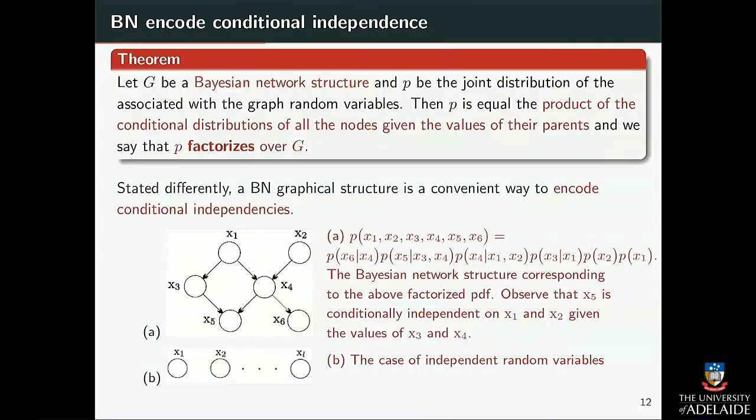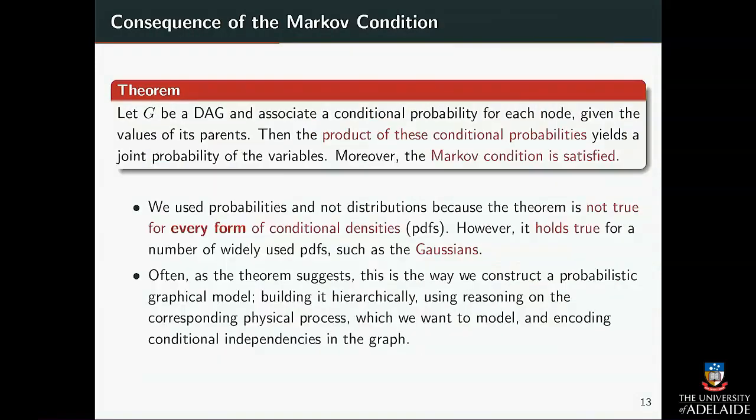Independent, right? So if you have no edges, they are independent. So if you have graphs that are separate, that means those things have nothing to do with each other. But what you care mostly is conditional independence. So a consequence of the Markov condition is that this product of conditional probabilities gives you the joint probabilities. And in addition, the Markov condition is satisfied automatically if they encode